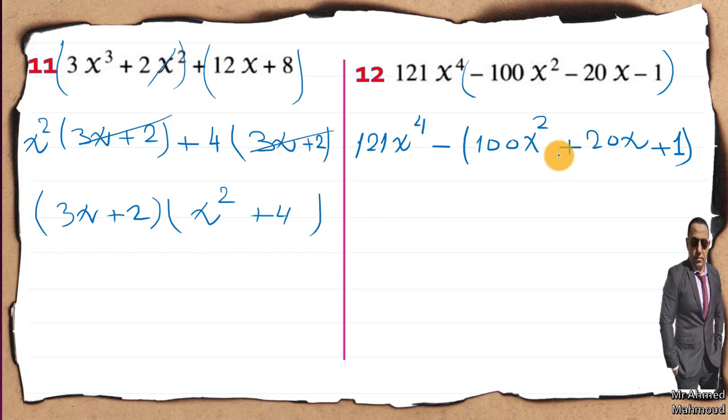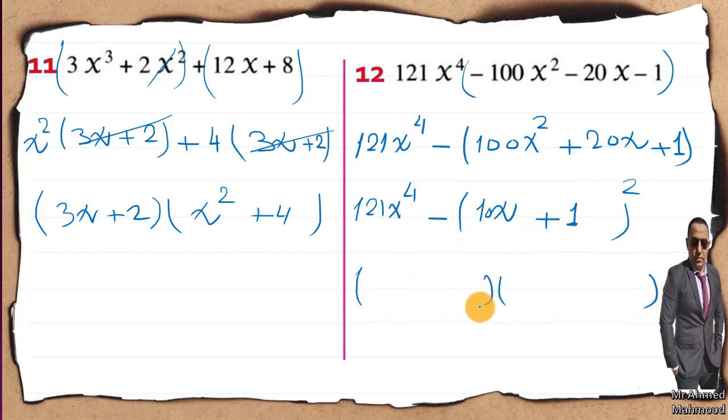Okay, now this is a perfect square, so I'm going to do what? 121x power 4 like this minus open bracket here all power of 2, drop down the middle sign, square root 100x power of 2 equals 10x, square root 1 equals 1. This is a difference between two squares, so I'm going to open two brackets like this, one negative and the other is positive. Here square root of the first, 121x power 4, so it is 11x power of 2 and 11,